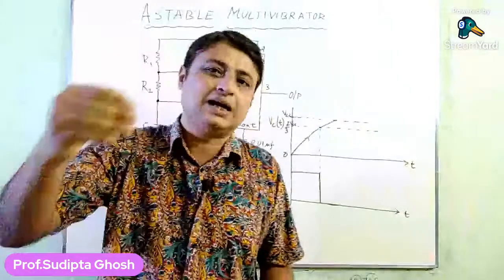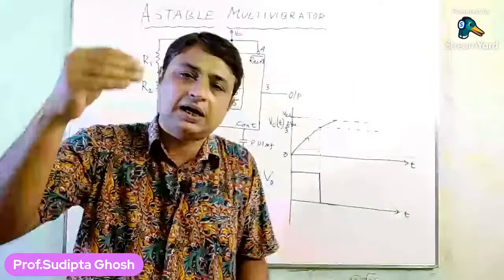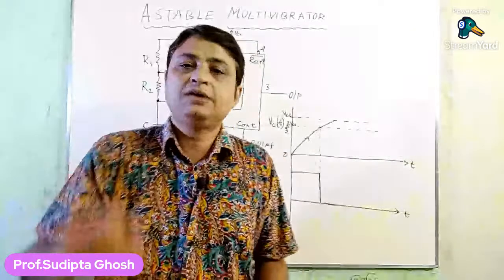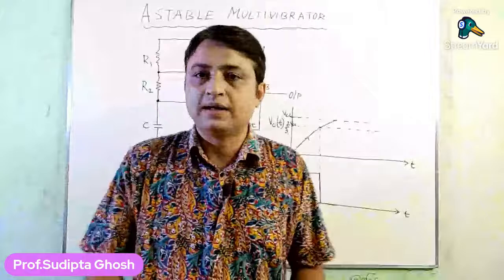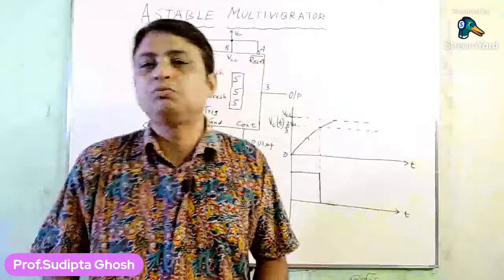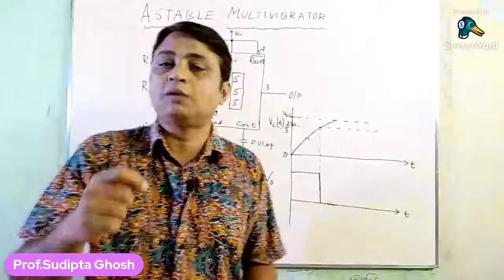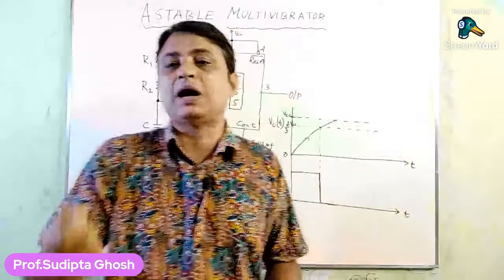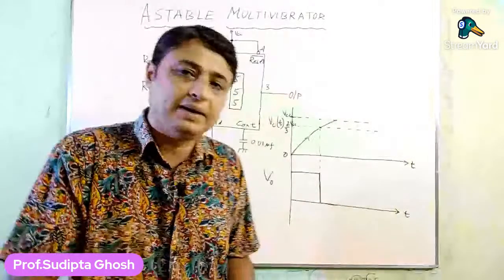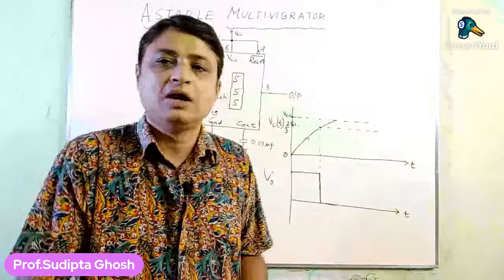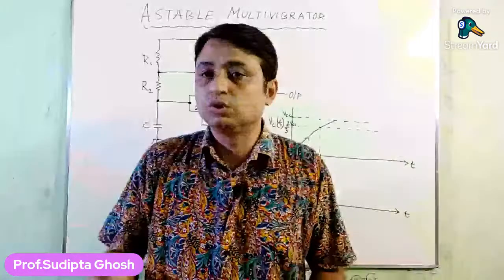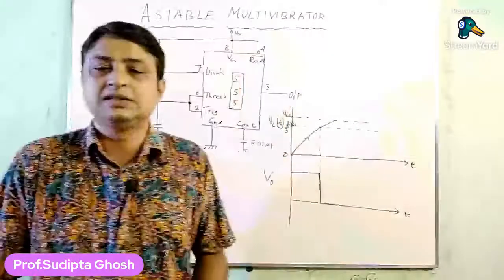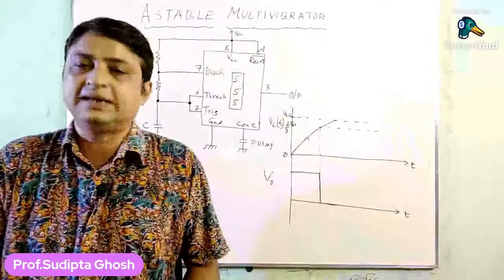As the Q output goes low, it makes Q bar, the complementary output of the RS flip-flop, go high. Now when Q bar goes high, as this output is connected to the discharge transistor, transistor Q1,